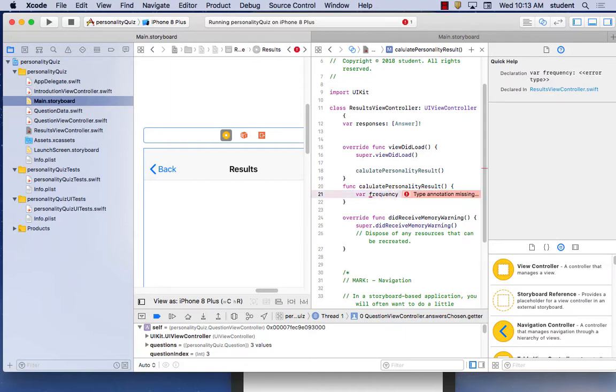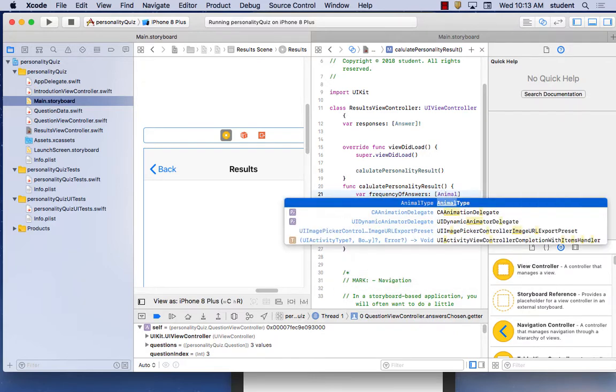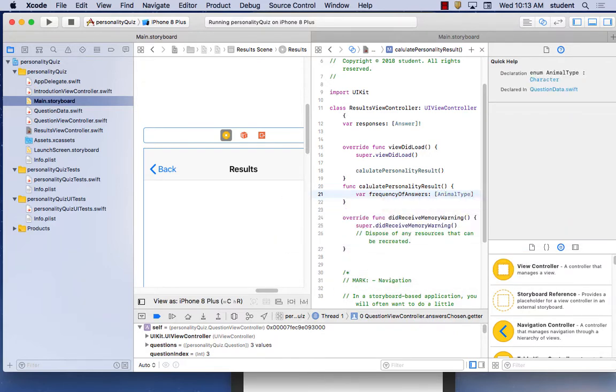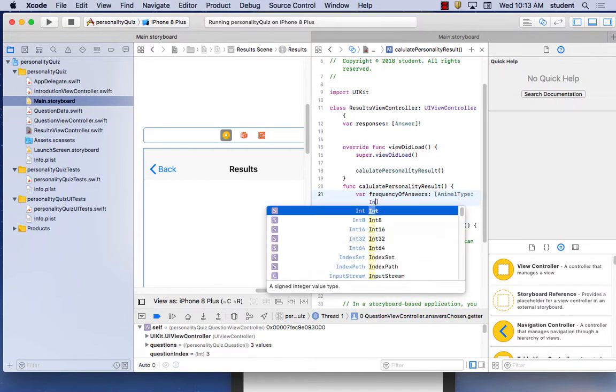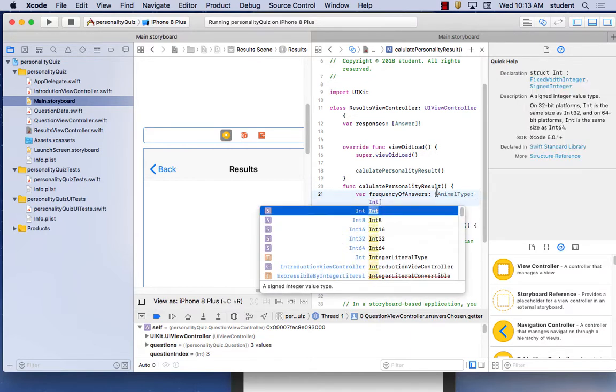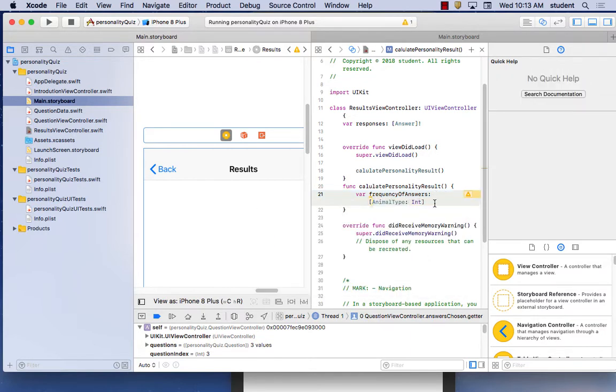Is that a capital O or lowercase? Of answers? Is that a capital O in there? Yeah. Okay. And then, of course, we need animal type. Is an integer. And then we have that equal to